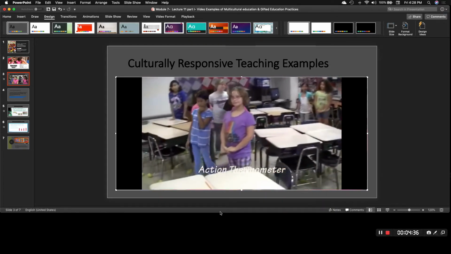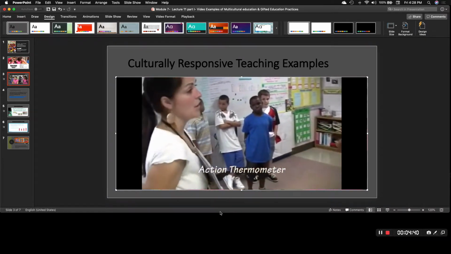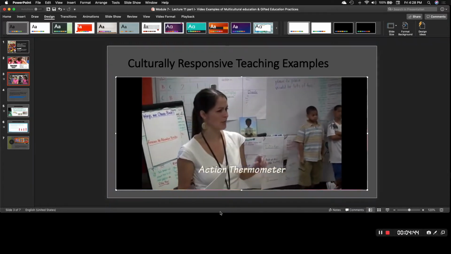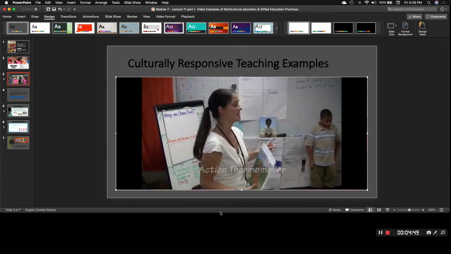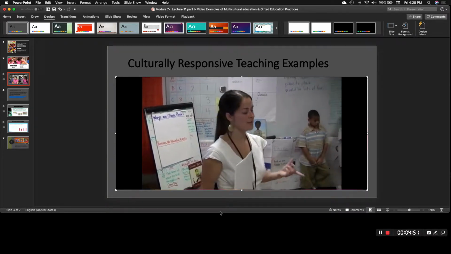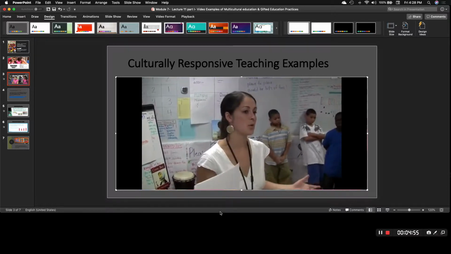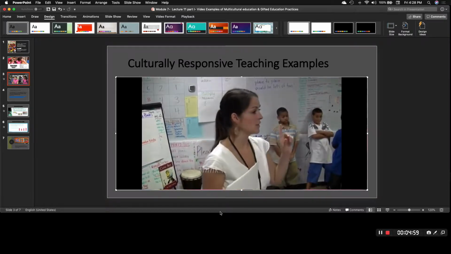Interesting. Very interesting. Okay, so now we're going to do a think, pair, share. First, you're going to think about why did you move to this part of the room? Why do you agree or disagree with this statement? And then you will pair with someone next to you and talk about why you moved there, and then we will share with the whole classroom. I will pick sticks, okay? Alright, so first, think,